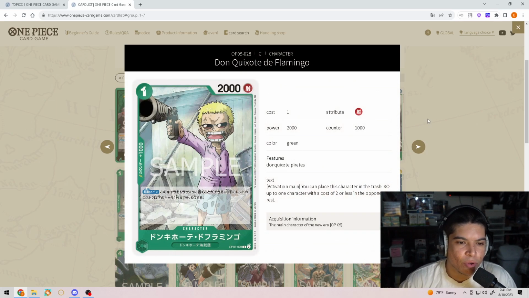So here we have Don Quixote Doflamingo. So he's a 1 drop, 2,000 power, 1k counter. Read his effect here. You can place this character in the trash, KO up to one character with cost 2 or less that's rested. So again with this rested thing, I know green has a lot of cards where you do rest, but it seems to me that you have to combo with something else. Not only do you have to get the rest off,